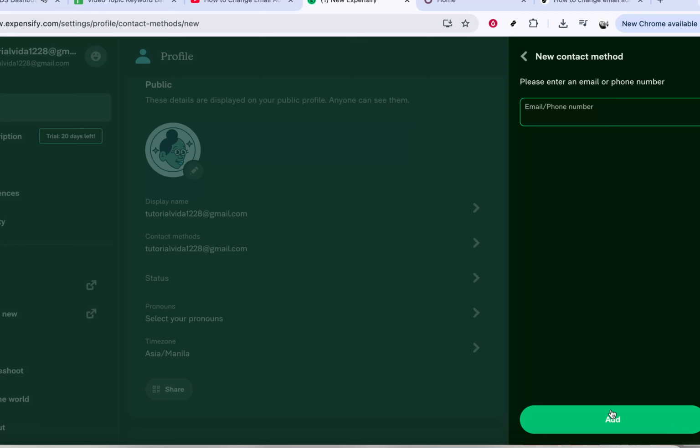On this screen, you'll typically be asked to enter the new email address you want to use. After typing in your new email, click on Add. When you do this, Expensify will usually send a confirmation message to that new address. Make sure you have access to the inbox for the email you just entered, and look for a verification email from Expensify. Open it and follow the instructions to confirm. Once it's verified,